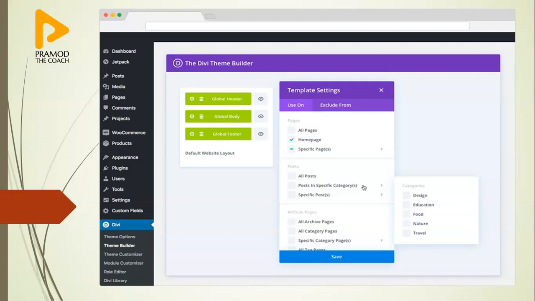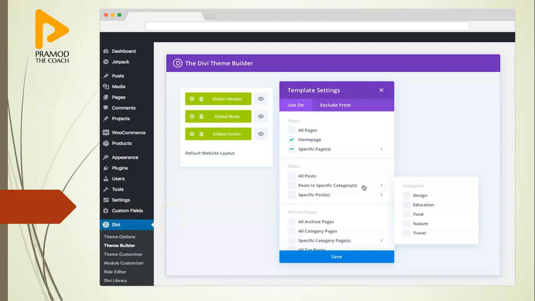Who will see these things? The person who develops the website. He works on the backend. Here you can see different options: appearance, plugins, tools. Then you can see the highlighted one, Divi.